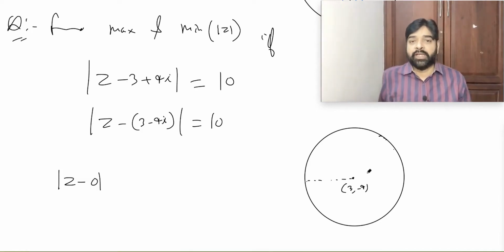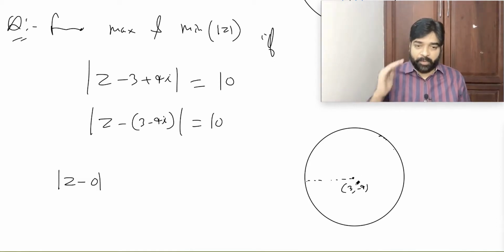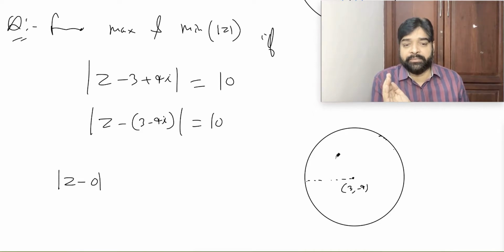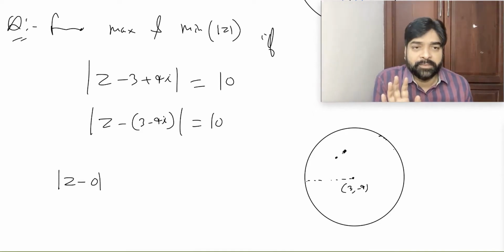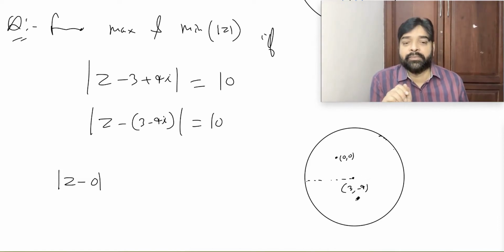Are you able to understand? So origin will be where? I don't know. But one thing is very sure. This is the negative y-axis. This is the positive x-axis this side. So 3 unit left side and 4 unit up side, somewhere here will be origin. Yes or no? Anywhere, drawing doesn't matter. Somewhere origin.